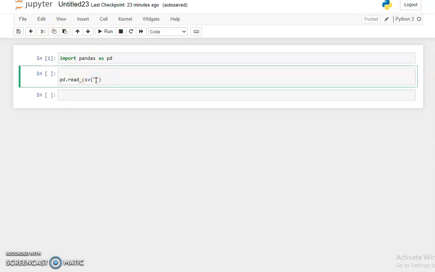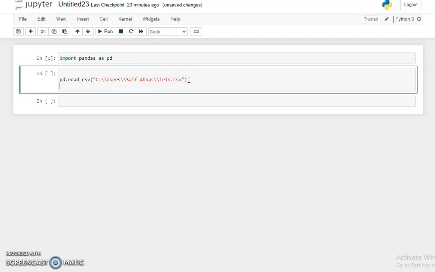To write a CSV file, first we need to read the CSV file. So our data is stored in C drive. For this we copy the path of our data with the extension .csv and paste here with Control V,